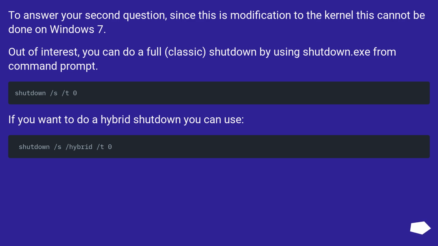To answer your second question, since this is a modification to the kernel, this cannot be done on Windows 7. Out of interest, you can do a full, classic shutdown by using shutdown.exe from the command prompt. If you want to do a hybrid shutdown, you can use